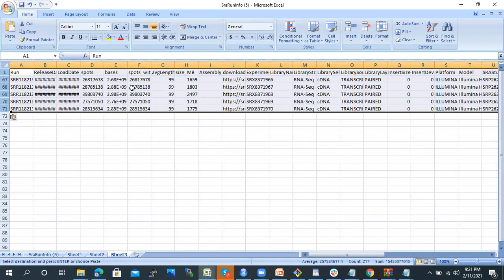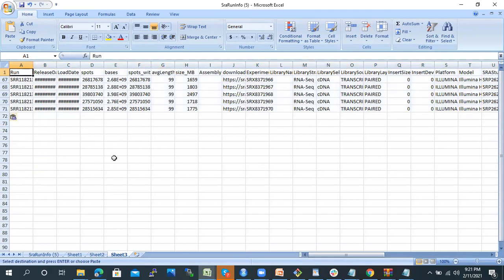So with this example, we were able to create this SRA run table. Now we need to do analysis with this table. We can generate a gene expression table with it, the complete table, depending upon what kind of analysis you are interested in performing. I will use this table in 10 minutes.